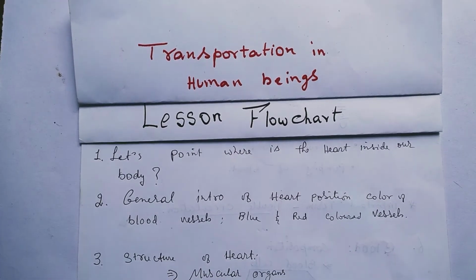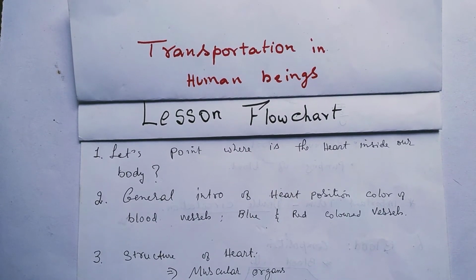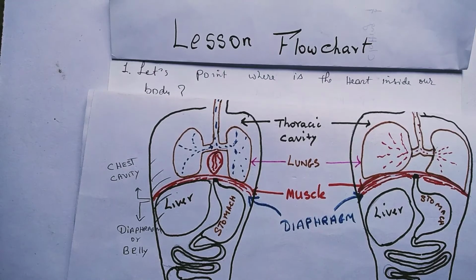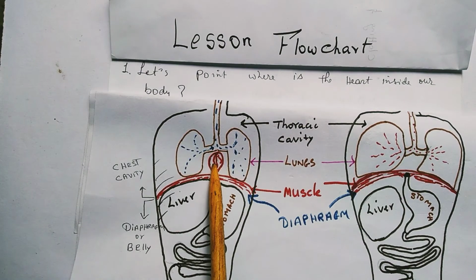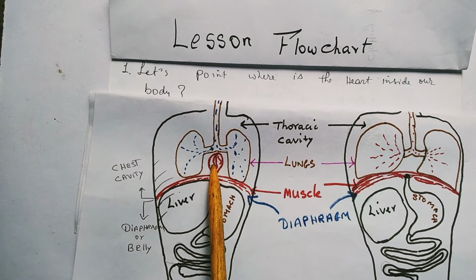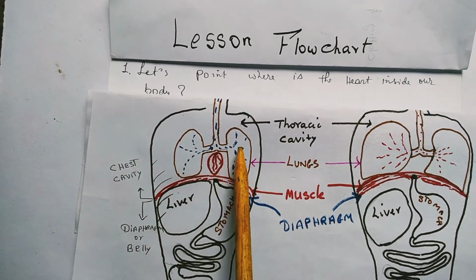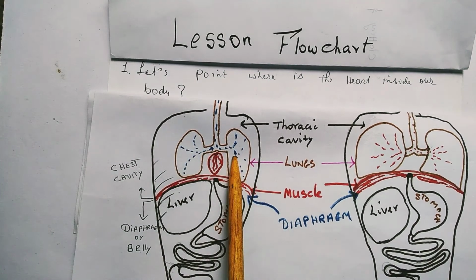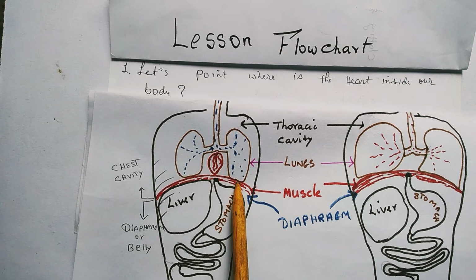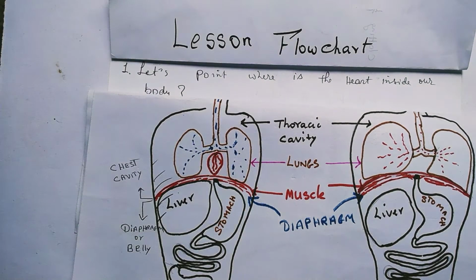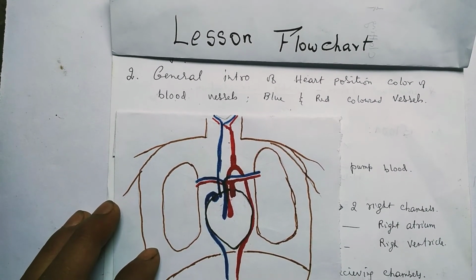So first of all, let's point out, where is the heart located inside our body? Look at this diagram. This is a heart. The heart is present inside our body, in between the lungs, in the chest area, just above the diaphragm. And in point number 2,